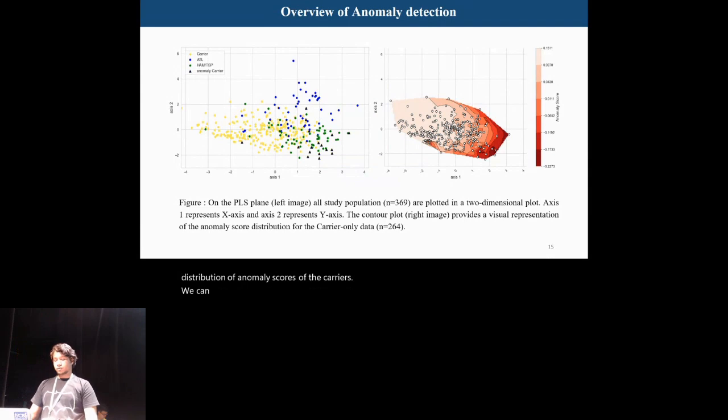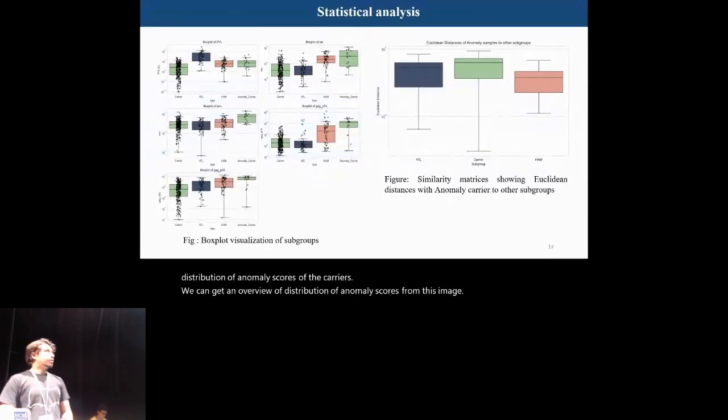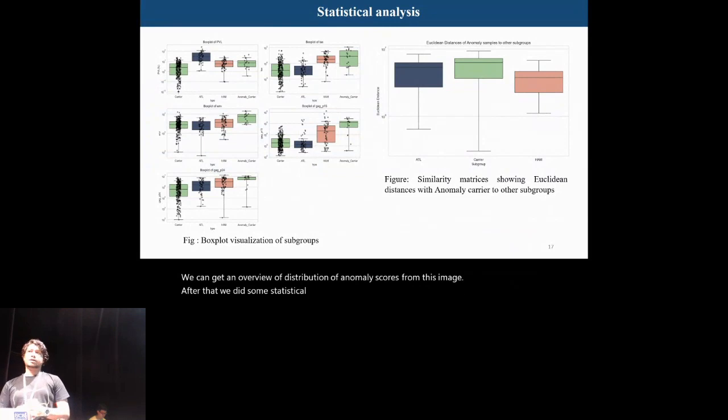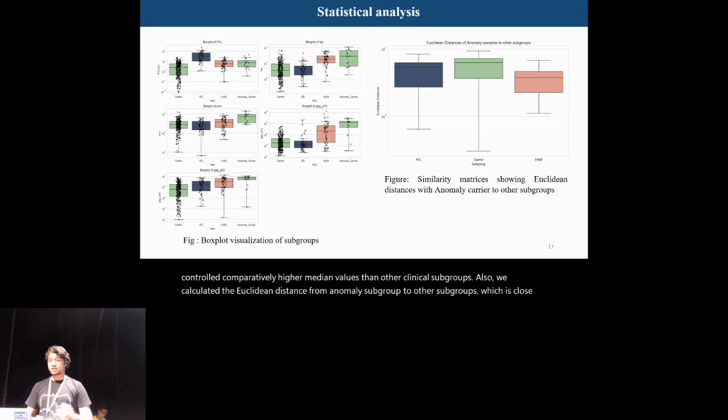We can get an overview of the distribution of anomaly scores from this image. After that, we did some statistical analysis to characterize the anomaly samples in comparison with other subgroups. We can see anomaly samples showed comparatively higher median values than other clinical subgroups. Also, we calculated the Euclidean distance from the anomaly subgroup to other subgroups, which showed it's close to harm, with a relatively smaller